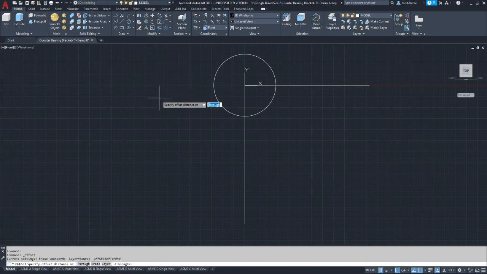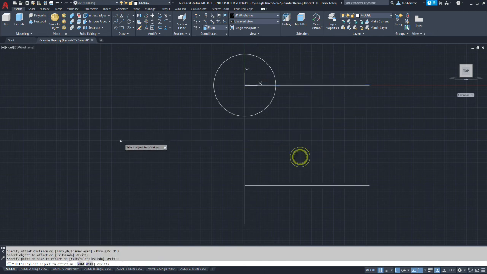Now the first line I'm going to offset is, it looks like from the center of the bore to the bottom of what I'm going to call the angled flange, is 113 millimeters. So we're going to offset the horizontal line 113 millimeters.